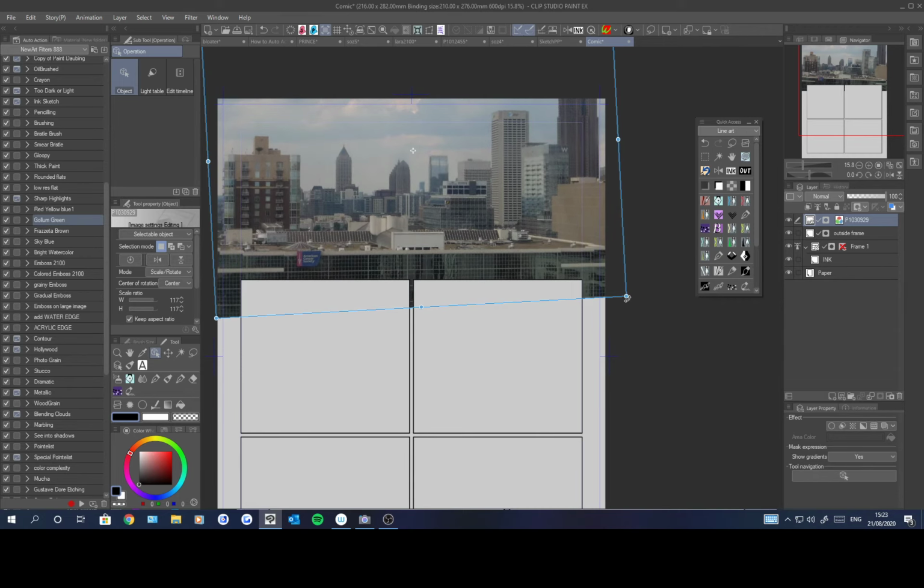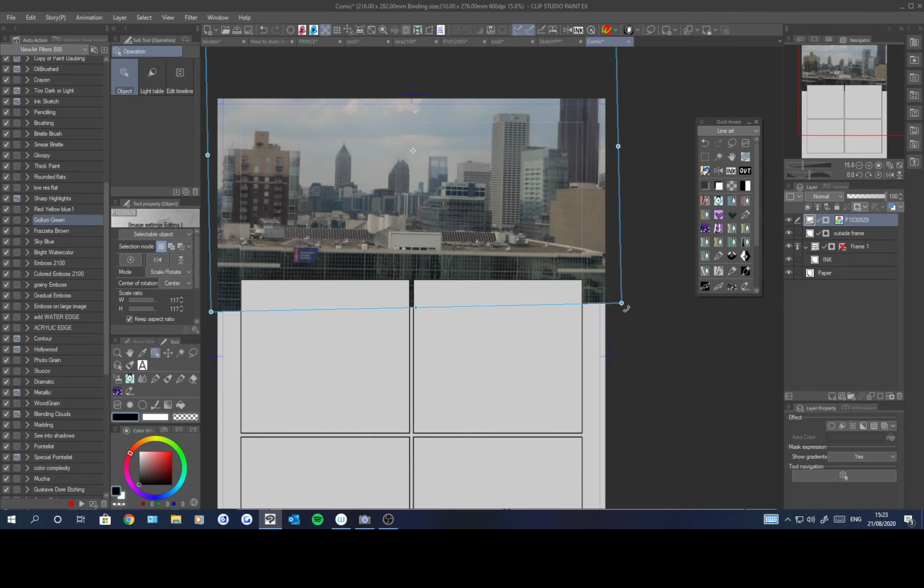Skew, there we go. Let's make it like that. Now I go over here, comic photo,